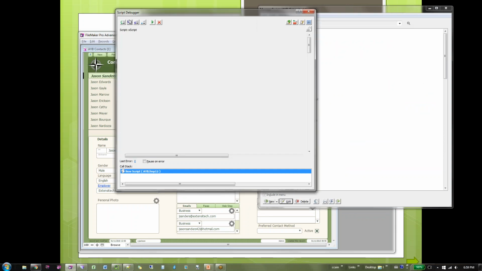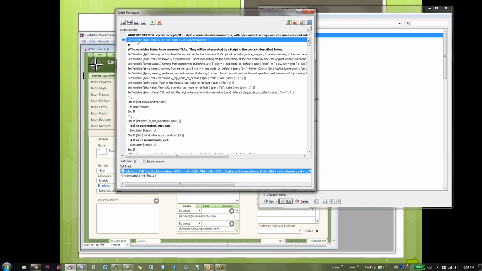Okay, I'm going to perform xscript. That's the main script. First I gather up the parameter, just because I get tired of typing Get(ScriptParameter) over and over again. At the top of each of our scripts, including the main script, we gather up parameters. And we're using something called xtag node. That's a custom function that basically says go find the open bracket, find out what the first tag is, and find out where that ends, and give me the stuff in between. It's basically just parsing.